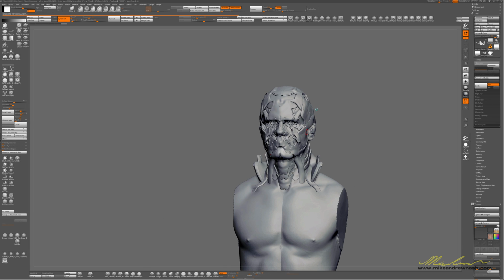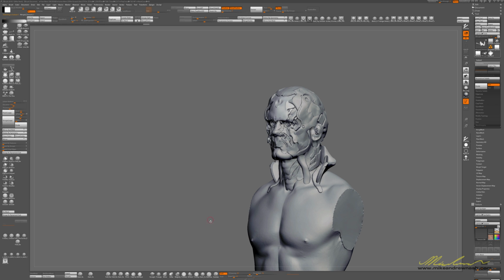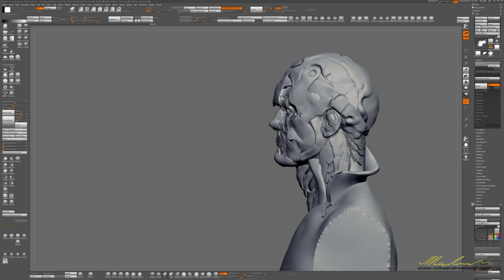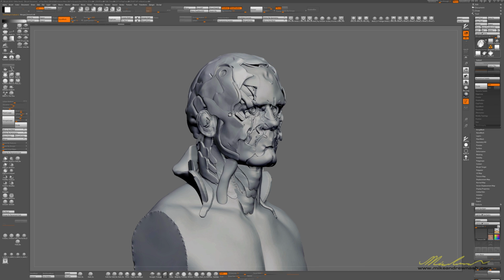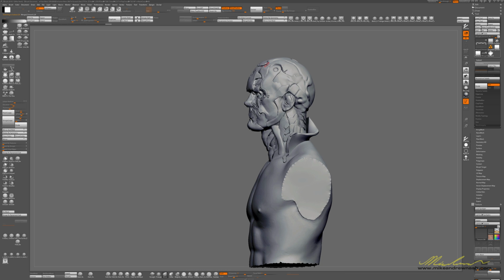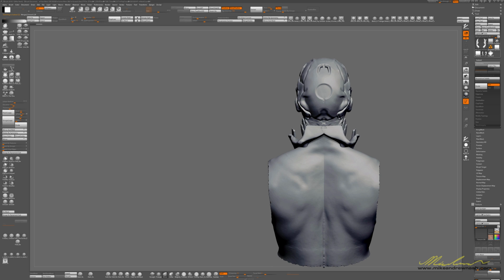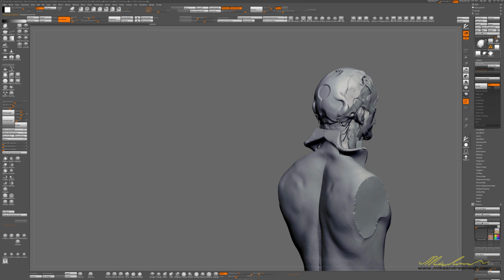I'm just starting to put in some little bolts here and there, just testing it with lighting now. You can see I did a little lighting test to see how some shadows work within the panels, and how much depth I'm building up here, and if there's too much, things look too deep, the eyes look maybe too sunken. So